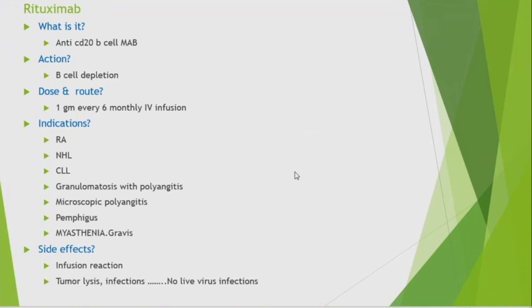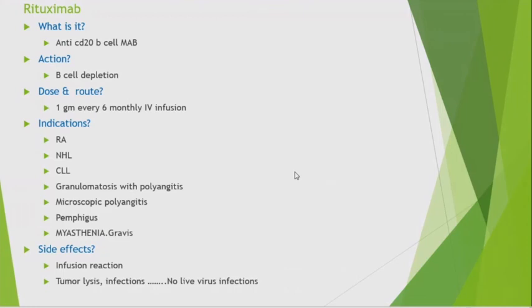You have to check for all these before you start the drug. Hepatitis B, C, retrovirus infection. Okay, sir. Just for TB and so on, compulsory. Okay, sir. Again, the vaccination problem, the live vaccines are not to be given. Okay. So, any doubt you want to ask me, please ask me.